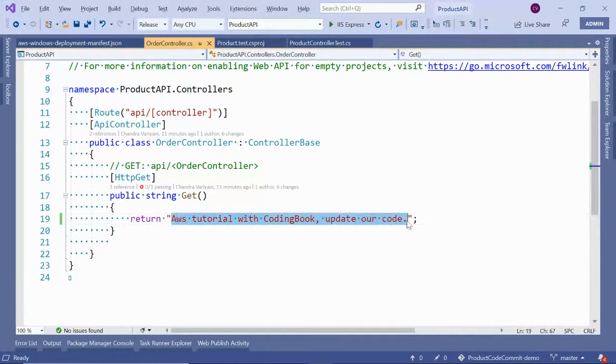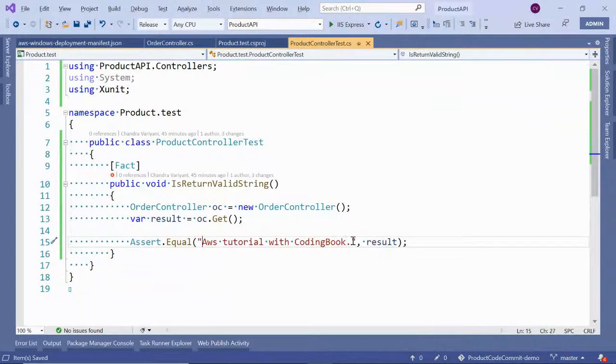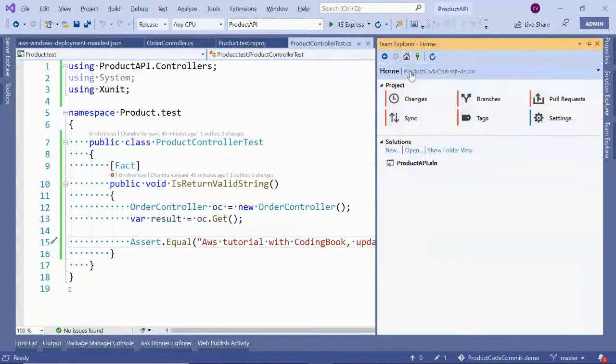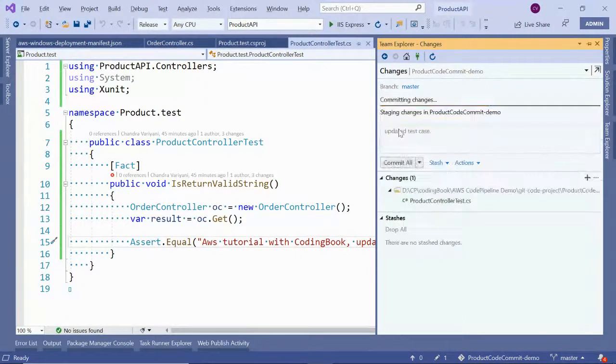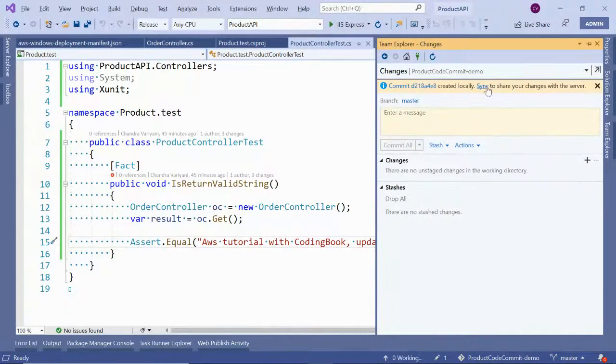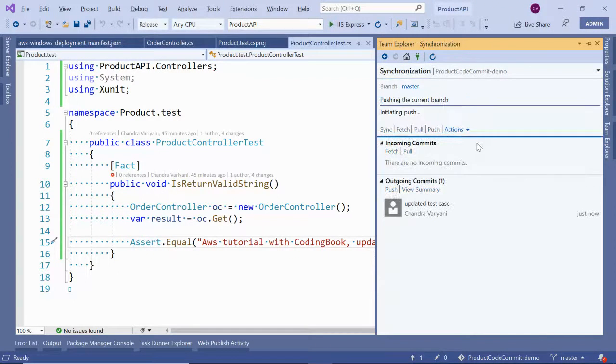We just correct our run test case, simply paste it here. Again, go to your Team Explorer, click on Home, click on Changes, Updated Test Case. Click on Commit All, click on Sync, click on Push. Now, once this code gets pushed to your AWS CodeCommit, our build pipeline would